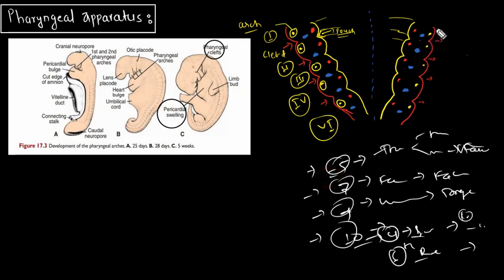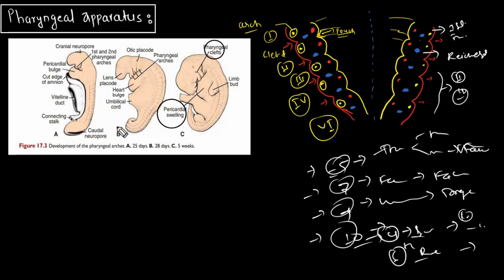Then, again I will try to repeat this, the development of cartilage. The first cartilage is known as the Meckel's cartilage, and the second cartilage is known as the Reichert's cartilage. And all other cartilages have the normal names, that is cartilage number 3, 4 and 6. So now this is just a very easy orientation to learn about.